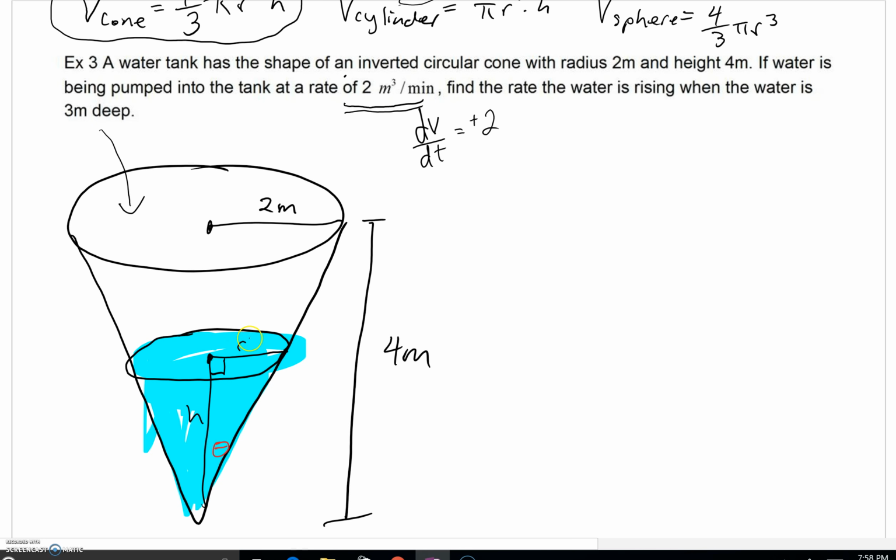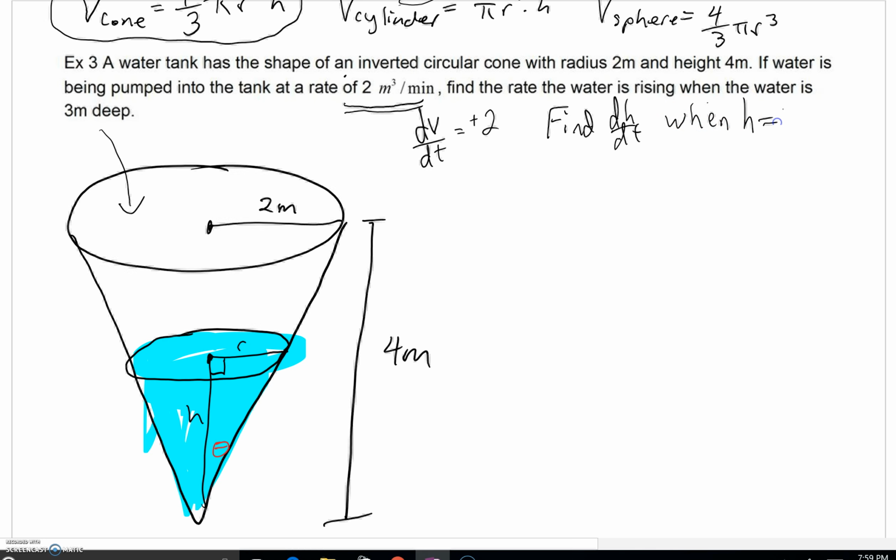Obviously, a few seconds later, this water level will rise. That circle will get larger just as well. Same thing with the height, this depth of the water. It's ever increasing as water is being poured in. So we do have a cone for this water. Find the rate that the water is rising. Well, you have h right here. They want you to find dh/dt when the water is 3 meters deep,